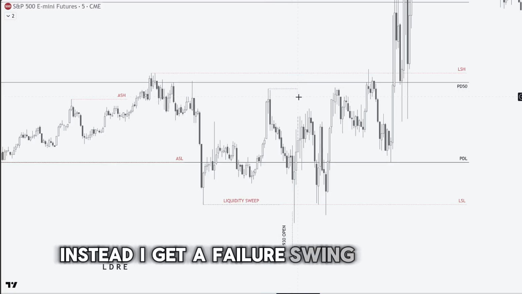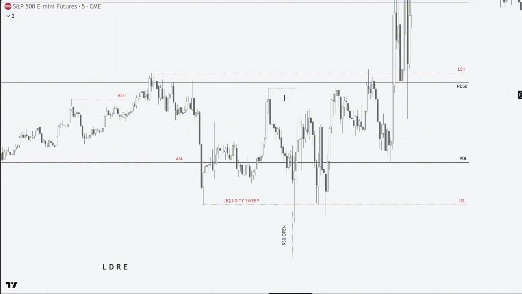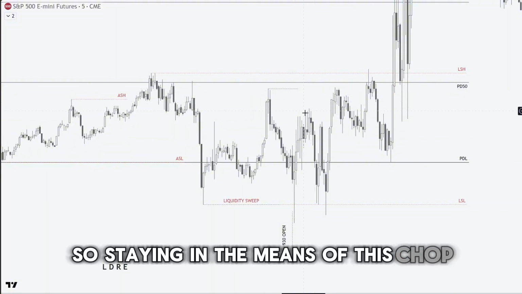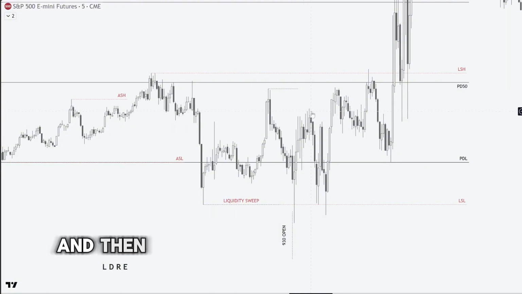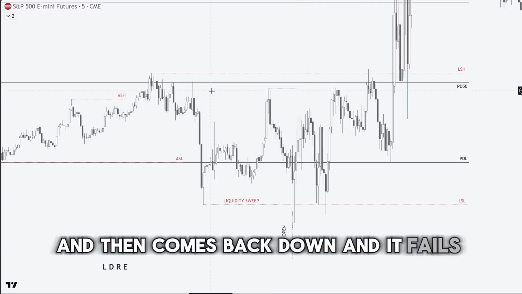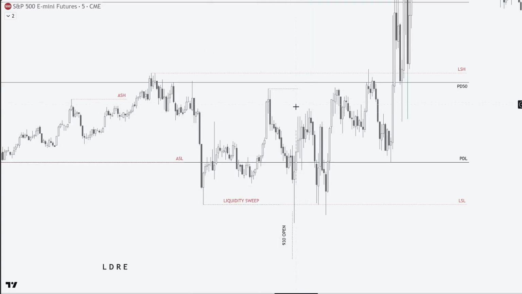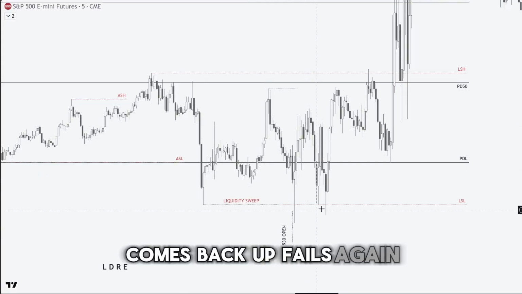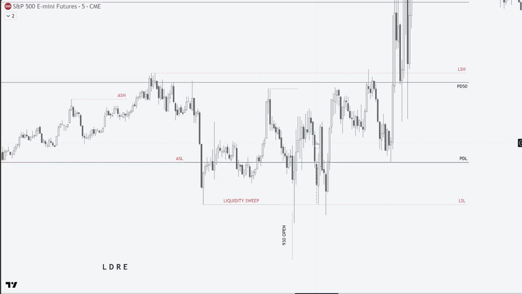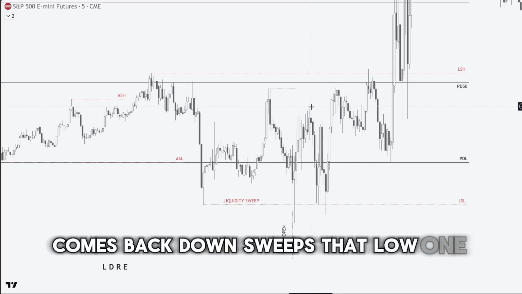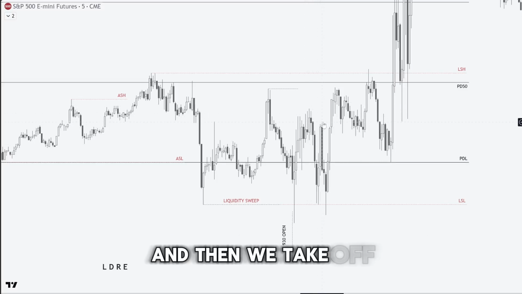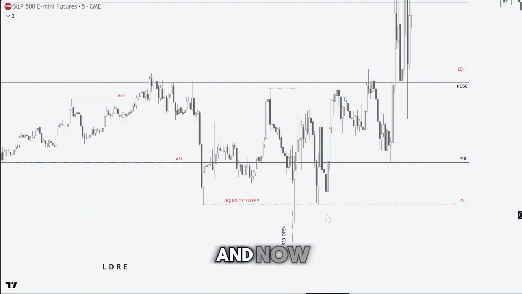Instead, I get a failure swing here, right? So staying in the means of this chop, and then it comes back down and it fails back to the London low. Comes back up, fails again. Comes back down, sweeps that low one more time, and then we take off. And now